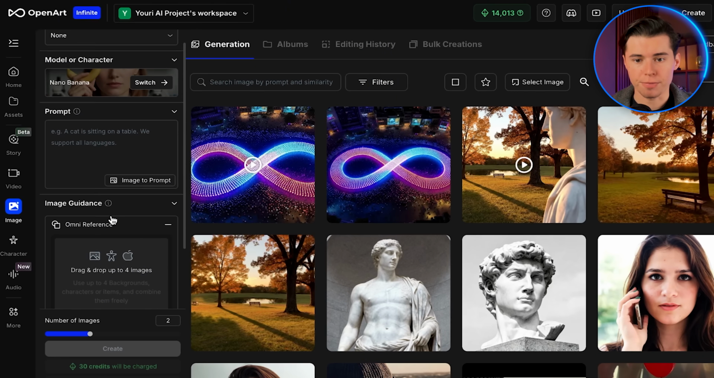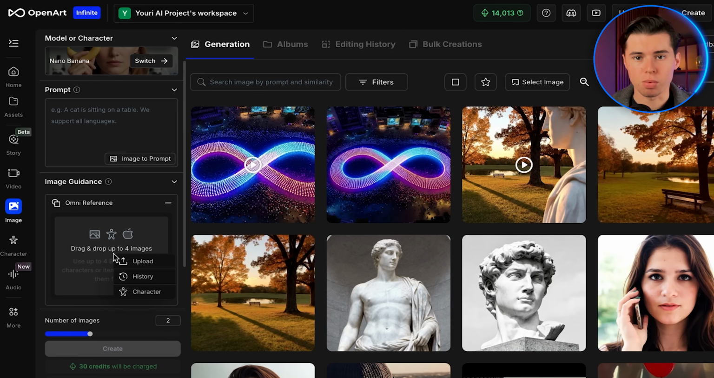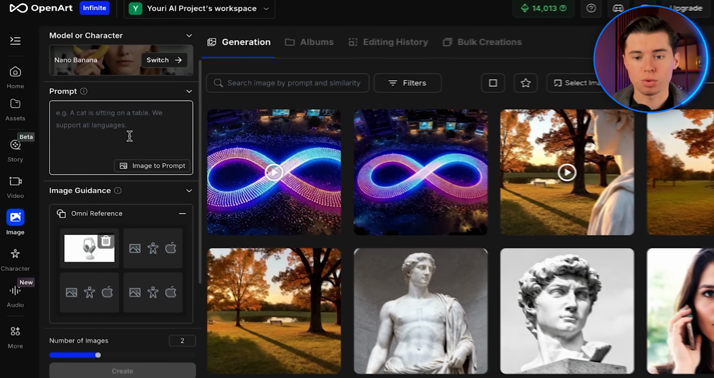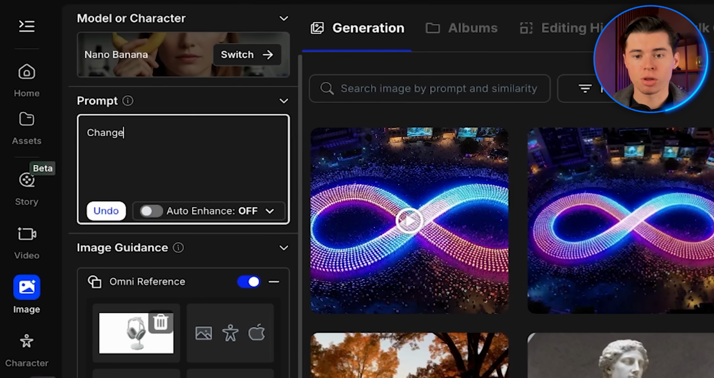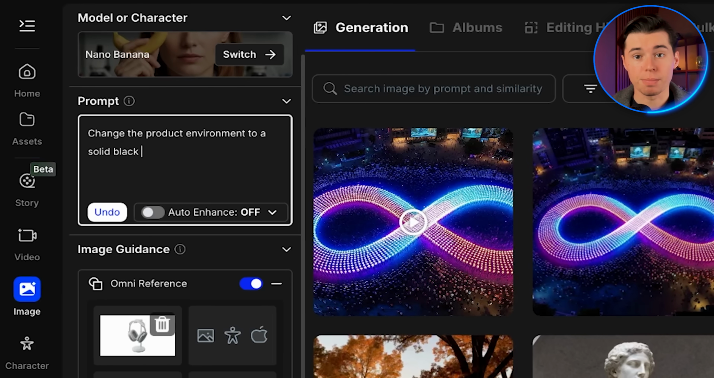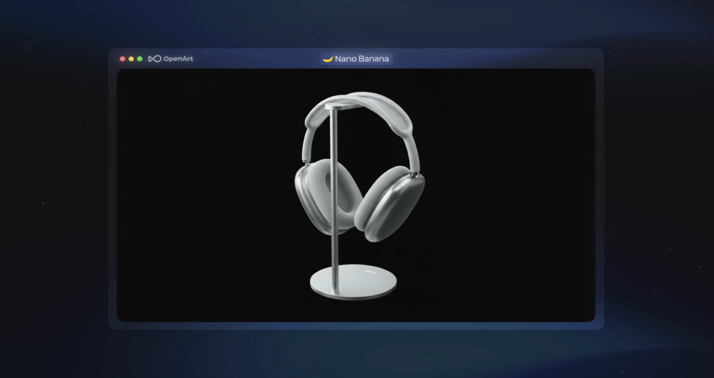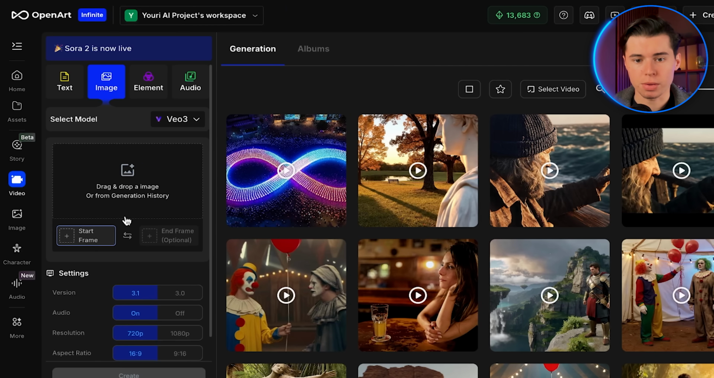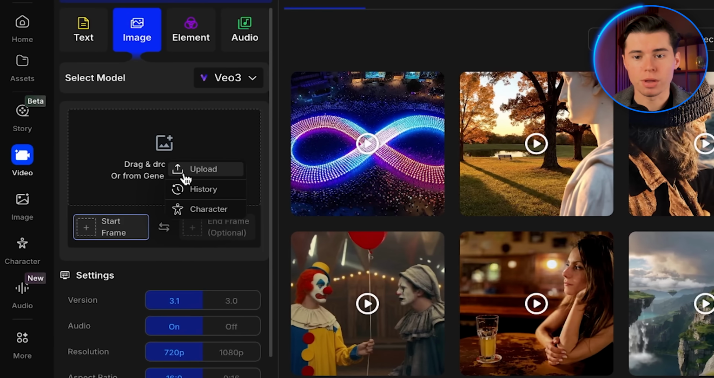So I'm going to import my first image into the image section right here. Then I'll use Nano Banana to switch things up a bit by writing, change the product environment to a solid black background, and turn the headphones around. As you can see, the image we get back looks perfect for what I had in mind. So now, I'll head back over to the video section, select Google Veo 3.1, and import both my starting frame